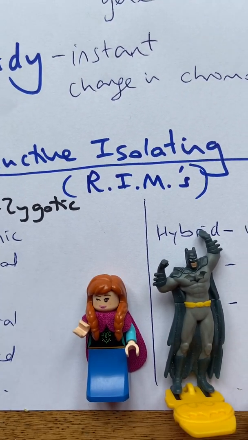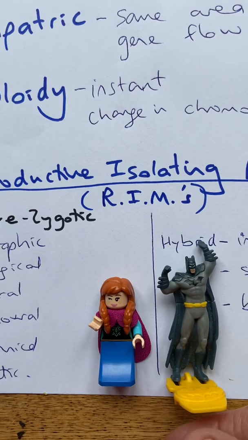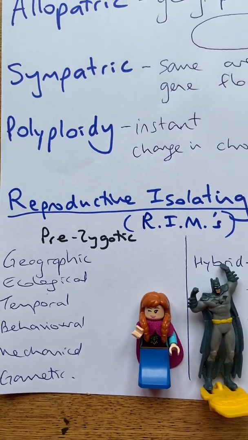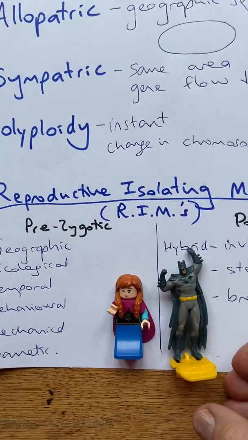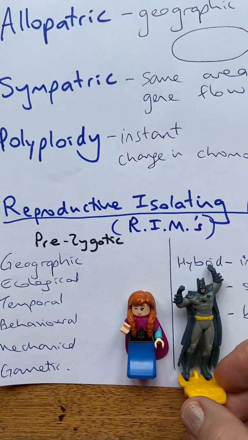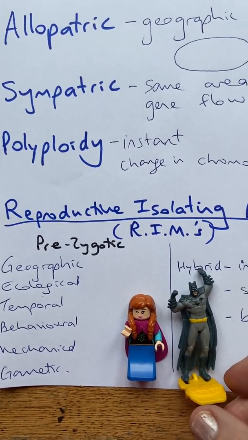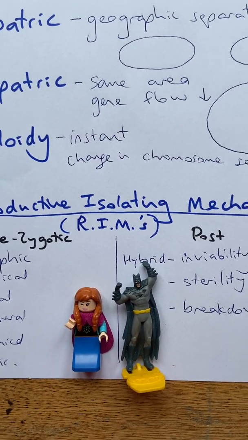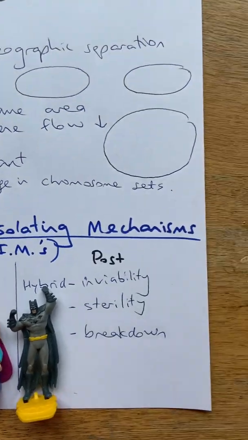So some sort of behaviour or courtship activity that is, they just think, no. Mechanical is when the actual bits that are needed for the exchange of gametes don't fit together. And then gametic is the gametes, the sperm and the egg, can't actually fertilise. Then we go over to